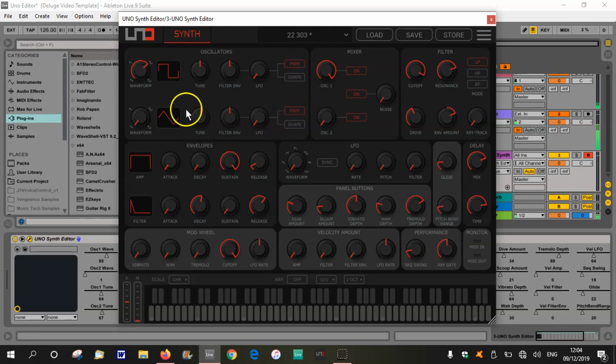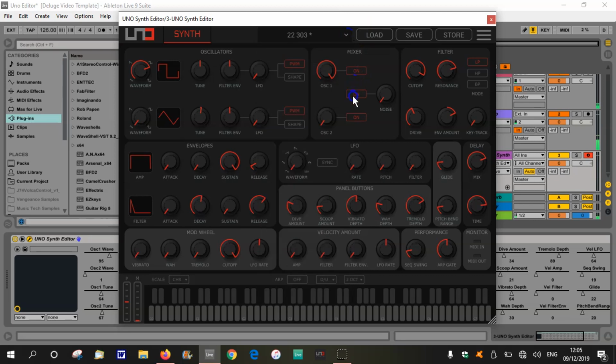So let's just go through the sections of each bit. We've got the oscillator section here, where we've got the shape. You get a nice visual representation of the two waveforms that we get. I'm just playing it on the hardware now as I change that. We've got the tune, so a lot of these are accessible from the hardware itself, but we do get a couple of extra things here because you haven't got any pulse width modulation available directly from the front of the hardware itself. So if we just bring this round to a pulse,